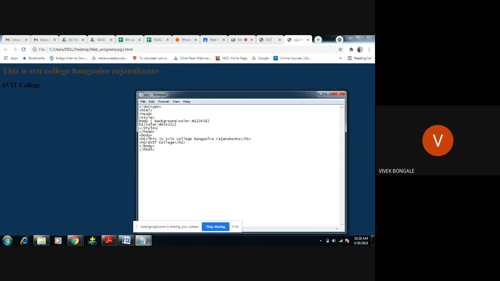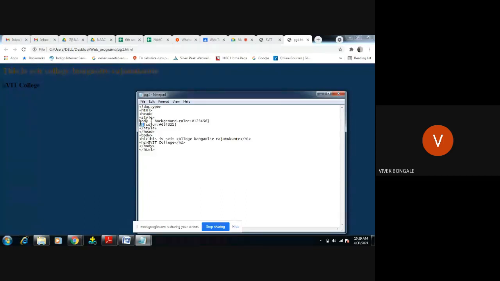So the same decoration we have done for the same HTML program in two ways. One, by giving it in the external file, and second, in the same program, where we have to use the style tag. One more thing I want to explain is that after this style we have used body and h1.